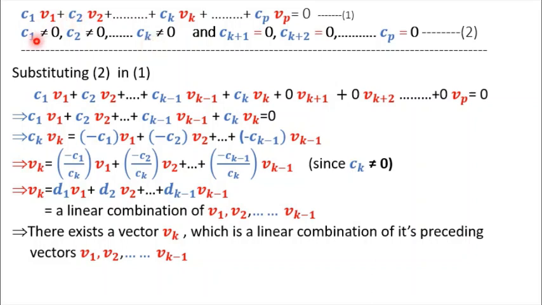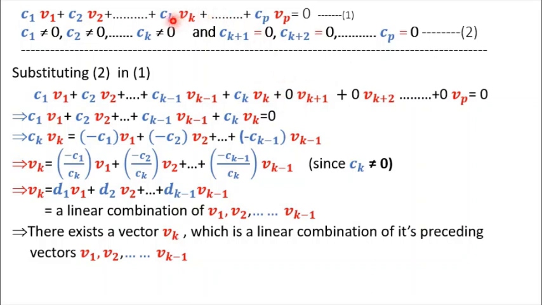That means you can have two non-zero scalars and the remaining all zero scalars, or you can have three non-zero scalars and the remaining all zero scalars, or four non-zero, five non-zero, depending on how many ever you have taken p. Now let us substitute equation 2 in 1. So if you substitute that, then you will get from here